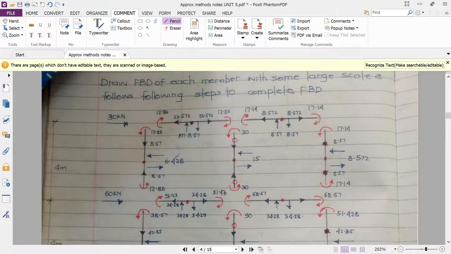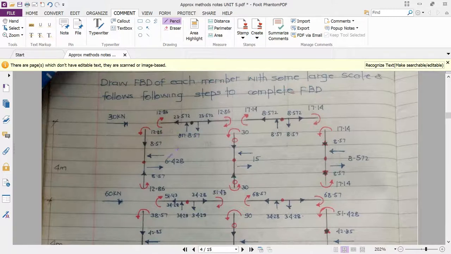Okay, so first of all we have to transfer the force. The first force was, what was the first force? The first force was 6.48, okay, first force we have calculated. Second was 15, third was 8.57. So one horizontal force we have to apply here. Therefore, in the counteract we have to apply the force symbol of the notation in rightward direction. Okay, now 6.48 is there here, and here it is 12.85.